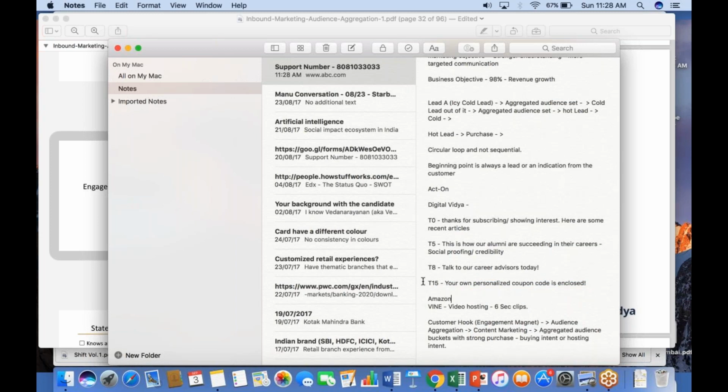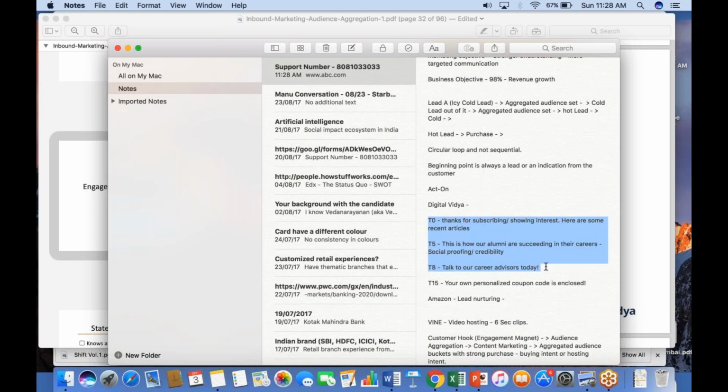Let's look at the context of an Amazon, for example. In the Amazon context, which is selling fairly standardized products where there is no real sales involvement, you might argue that there is no real need for lead nurturing per se. But even in the Amazon context, they do perform certain kinds of lead nurturing. Here they don't have to go through all this rigmarole of establishing thought leadership or influencing brand perception in a certain fashion, because they're selling fairly standard products, and the Amazon brand is fairly well seeded in the customer psyche.